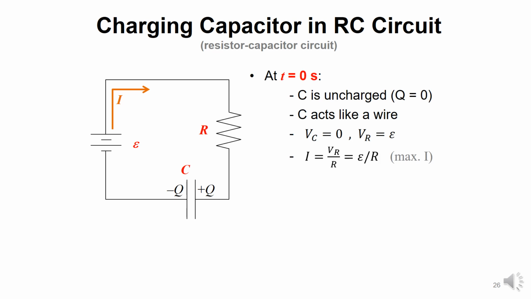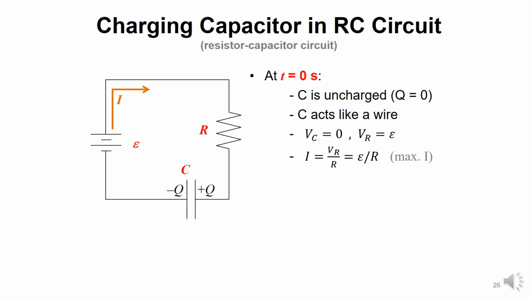Let's look at what happens at time of 0. So at time of 0, you turn on the circuit, and let's assume that the capacitor is not charged. So the capacitor has 0 charge, Q equals 0. And we know from the previous slide, an uncharged capacitor behaves like a regular wire, an ideal wire, and it allows maximum current to go through. So we say that the capacitor voltage VC is 0 because the capacitor doesn't have any charge, and the